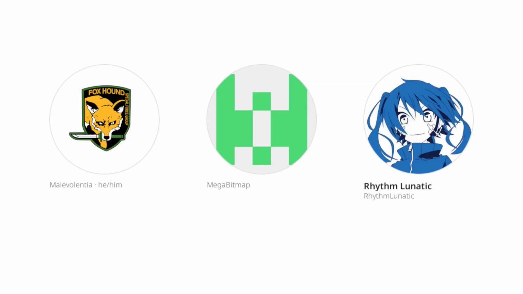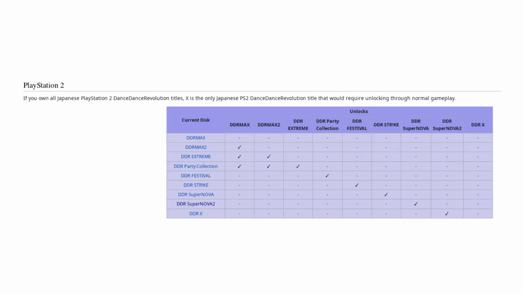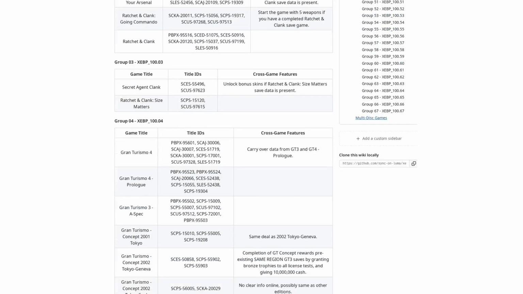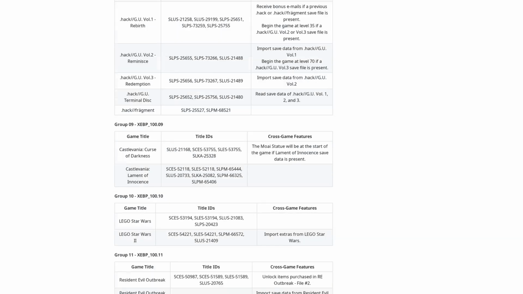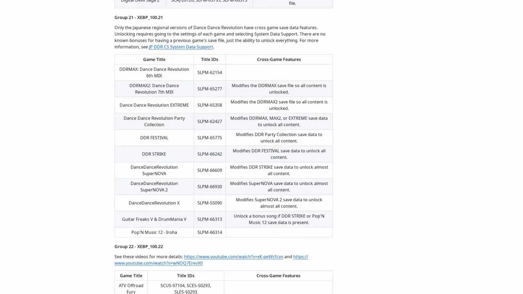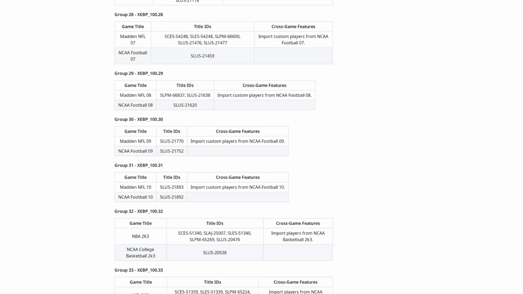A few people made contributions and documented some cross-save features that I definitely would have missed, most notably the Japanese exclusive unlock bonuses present in every DDR game. Ultimately, though, I did not receive as much help as I would have liked, and I ended up filling out the majority of this page myself. This was extremely time-consuming and involved a lot of research, mostly in the form of combing through archived manuals and